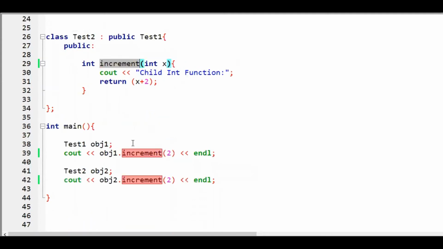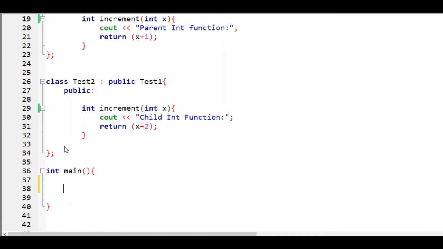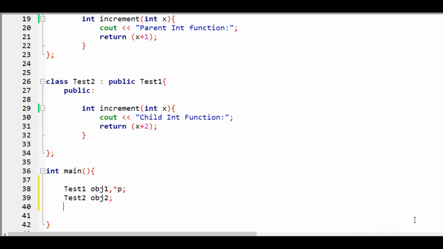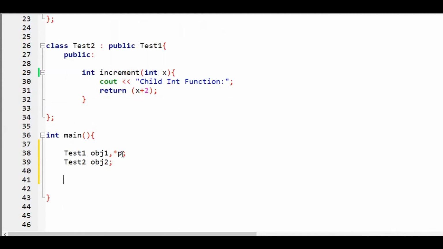To do so, I'll create a reference of the test1 class. Let's say I have a test1 object one, and I need to create a pointer for that. Let me do that. Pointer, and I'll create a test2 class and the object, simple. As you can see, p is what type of pointer?